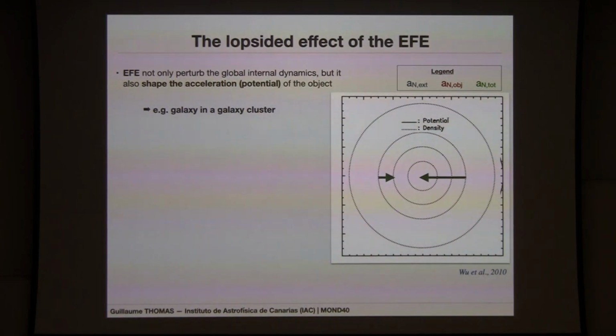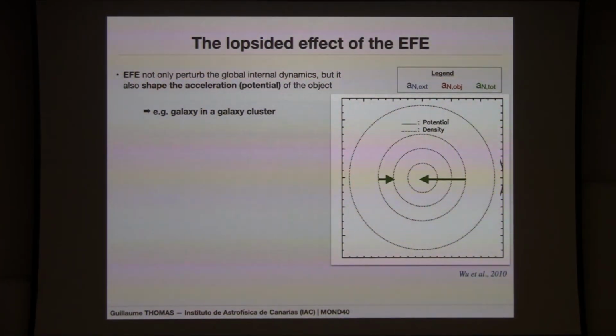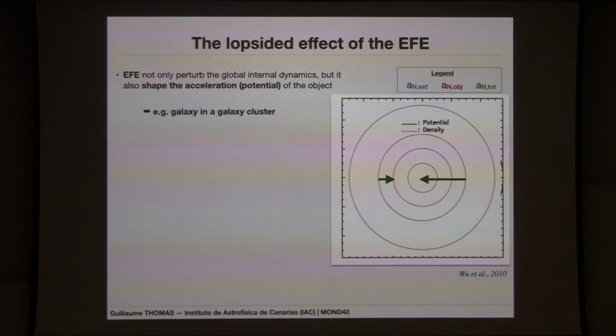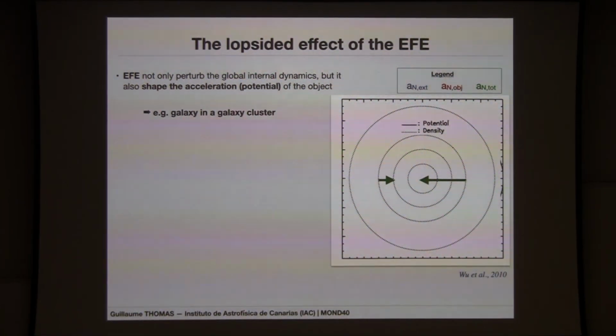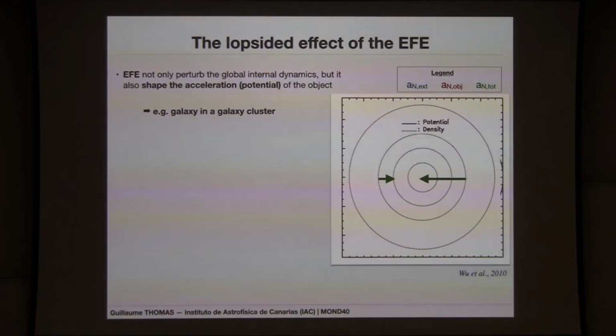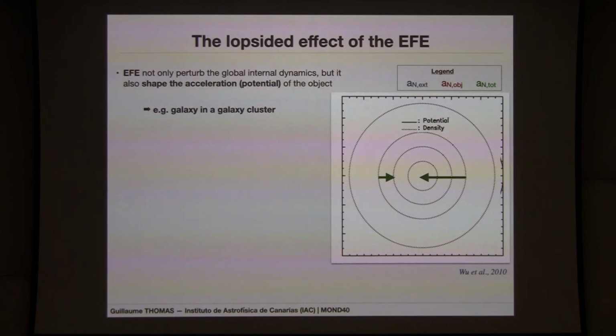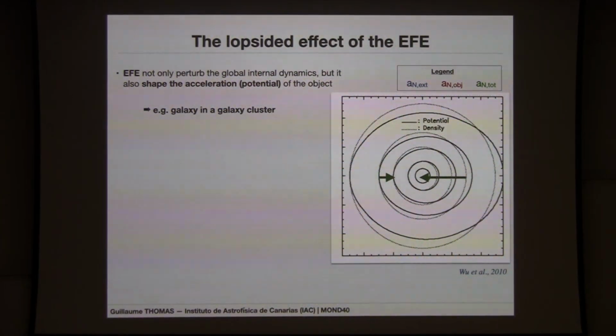And so here is the total Newtonian gravitational acceleration that you have at the end, where you can see that you have the amount of acceleration here, which is smaller in terms of norm, than on the other side. And so what it means is that in MOND, the boost is going to be more important in that direction than in that direction, which if you go towards the potential, you will see that you have something which is exactly under that shape.